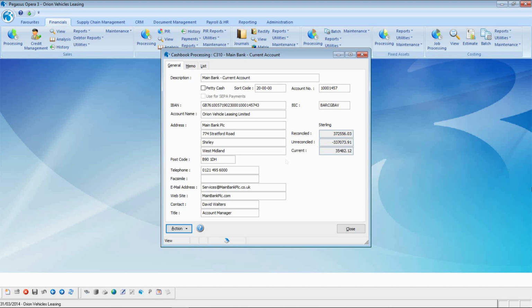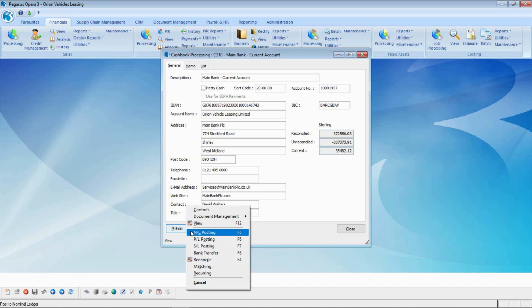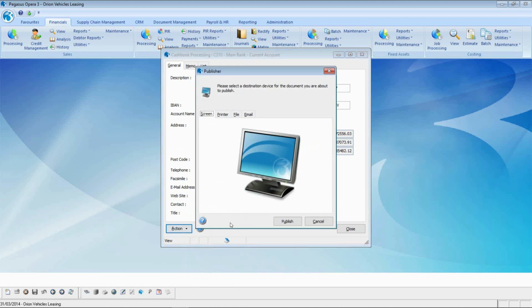You can also create checks and BACS payments from within the Cashbook for things such as sales refunds and nominal ledger payments. As an example, you may have other payments such as a charity payment that you wish to make. You may not want to set that charity up as a supplier, but you still want to make a payment to that charity. So we can use the nominal ledger payment posting routine to achieve this. If I go into nominal postings,